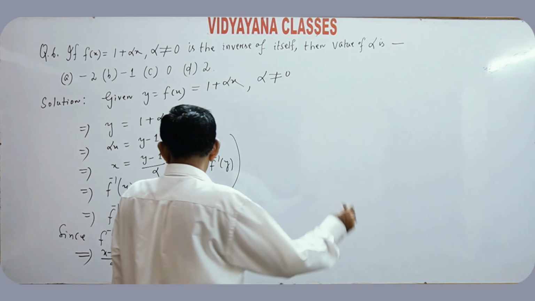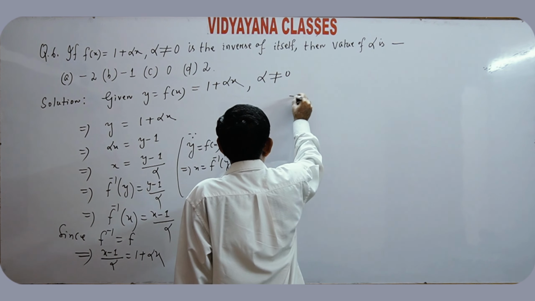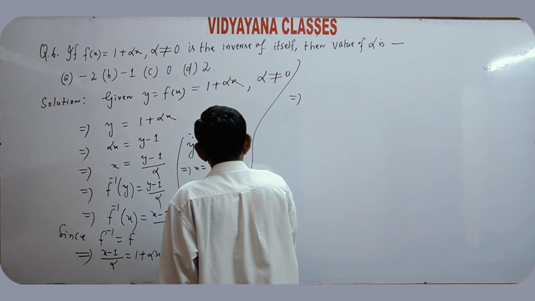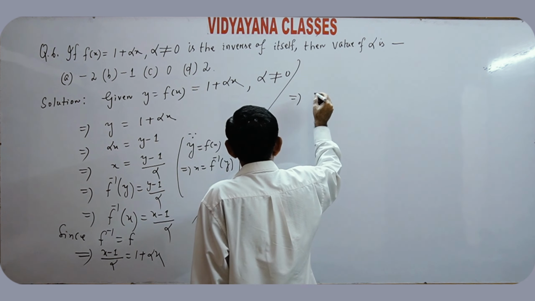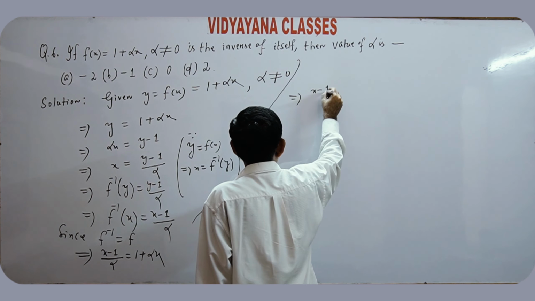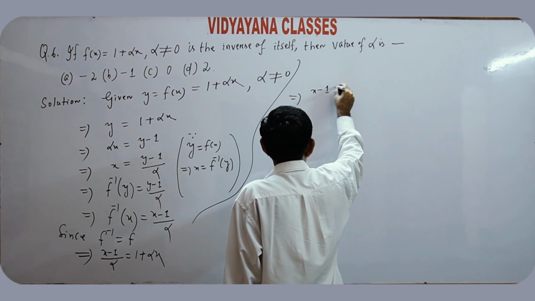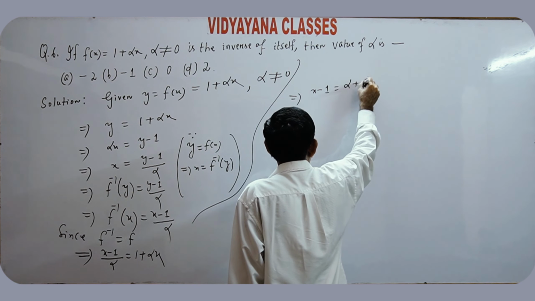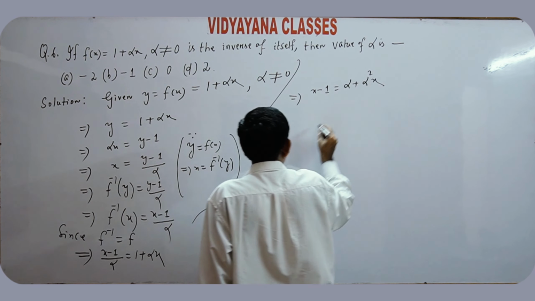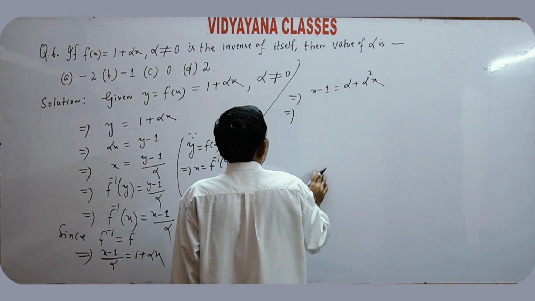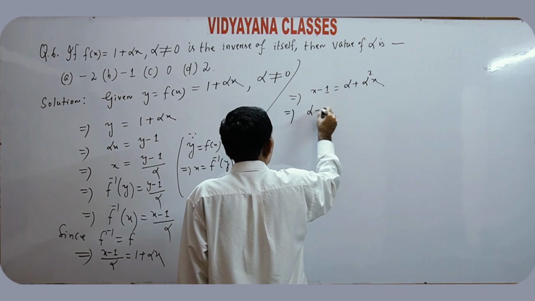By the cross multiplication, it gives x minus 1 is equal to alpha plus alpha square x,